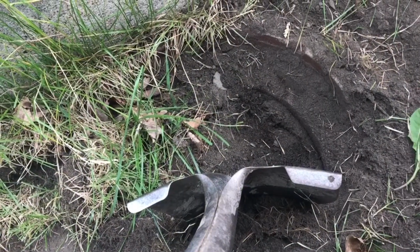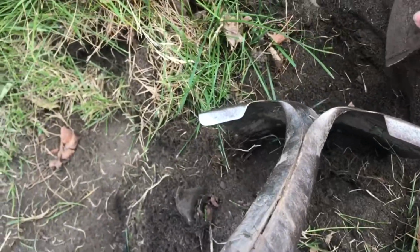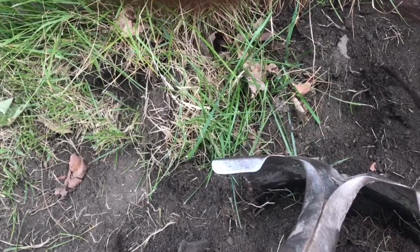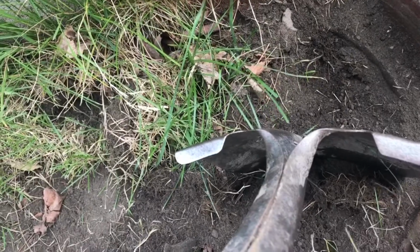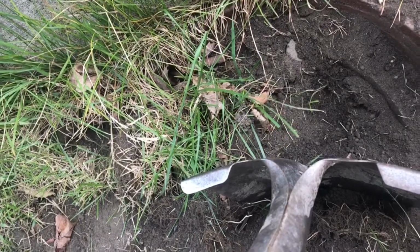I originally thought they just used this as fill because I kept running into pieces here on this side. But now that I'm seeing it's fully formed, and I know there was a cistern on the property. Oh yeah, look at that. That's kind of a circular shape that functioned in collecting rainwater, and it was built by an engineer, and I'm sure, catching water